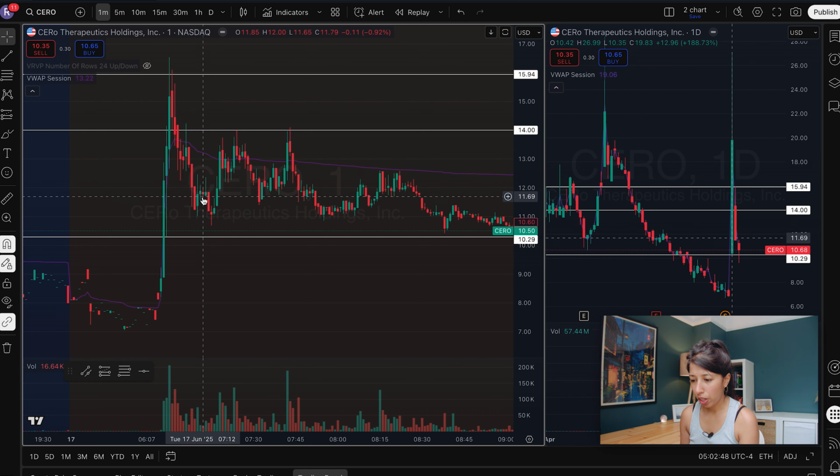So I took an entry on this candle here, this red candle here, and I got in at 11.47 was the price that I got in at. And my risk was going to be the low of this candle here, which is 10.29ish. Now, that's a really bad entry because that's a 10% risk, which I think with these reverse split trades,